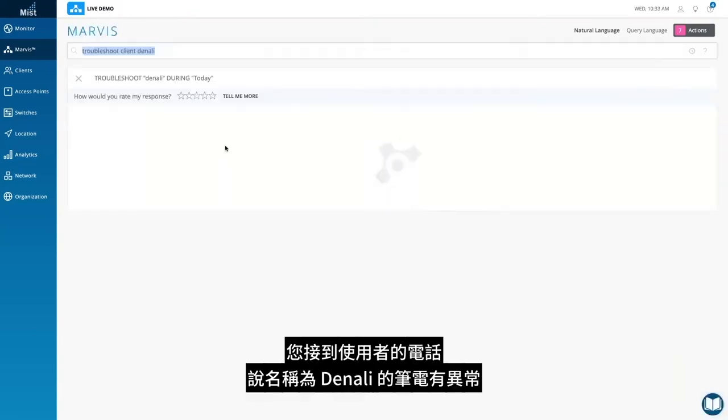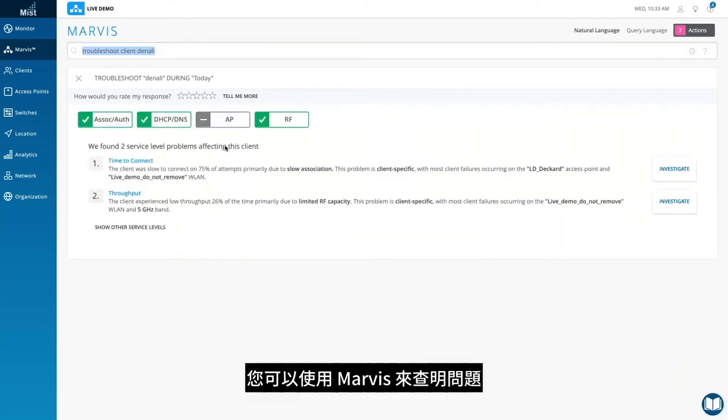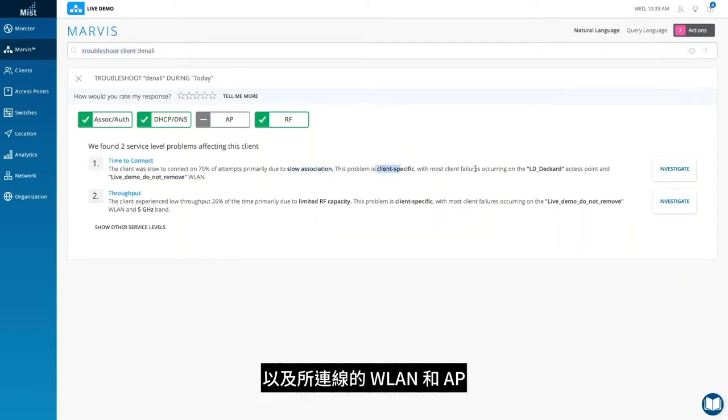For example, let's say you get a call from a user saying their laptop named Denali is not working. You can use Mavis to get to the bottom of this. Mavis shows the top problems affecting this client. We see that the time to connect is slow, and that it's specific to the client and what WLAN and